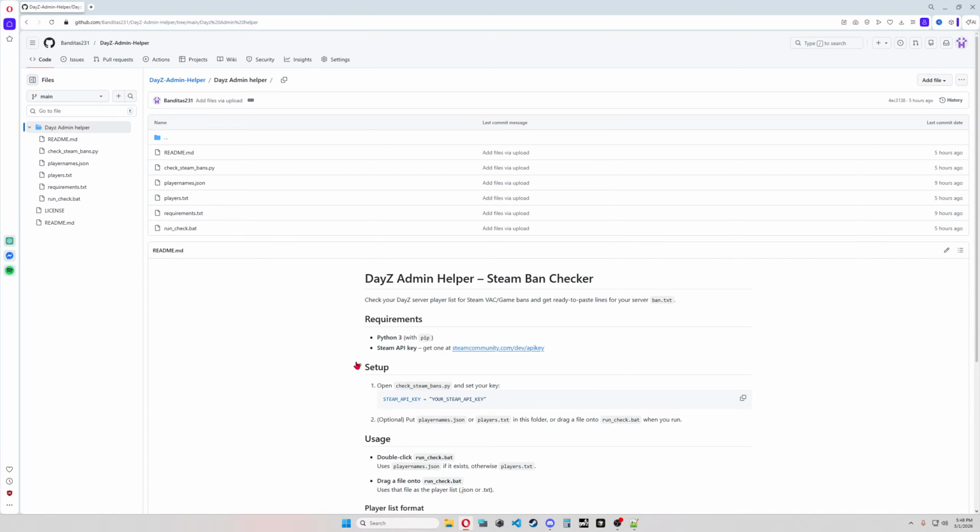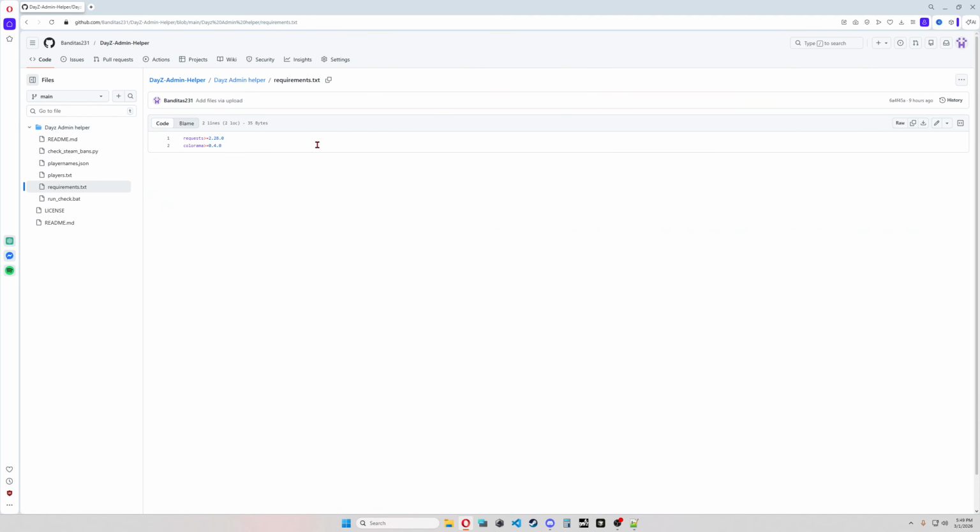Here it explains what you need to do. What are we gonna use? We're gonna use Python. So we need requirements. You need Python, requests 2.28, and Colorama.